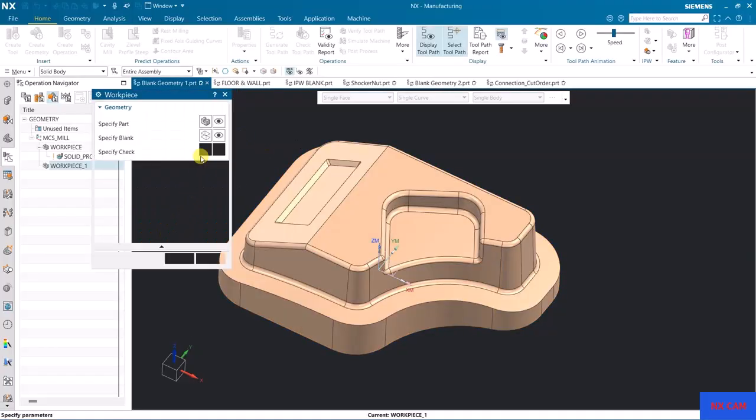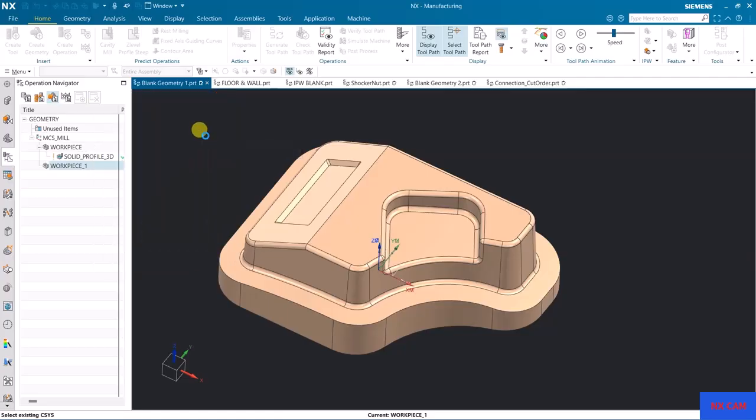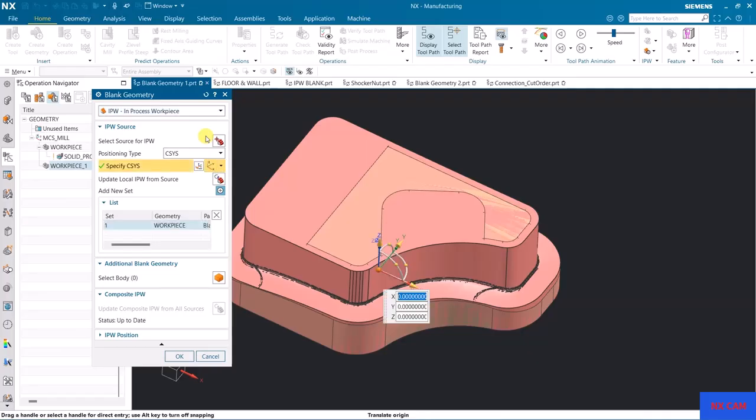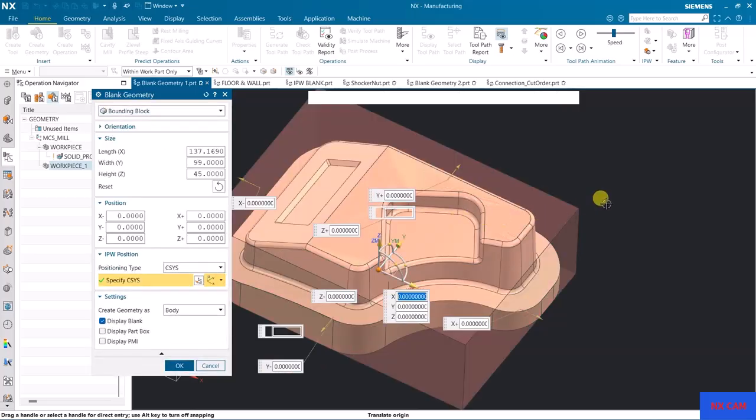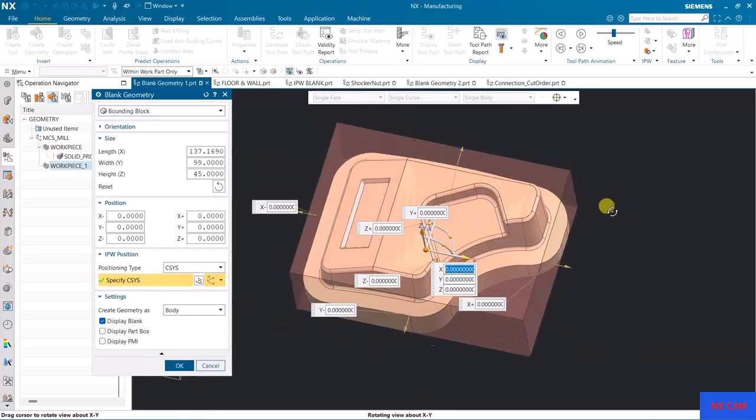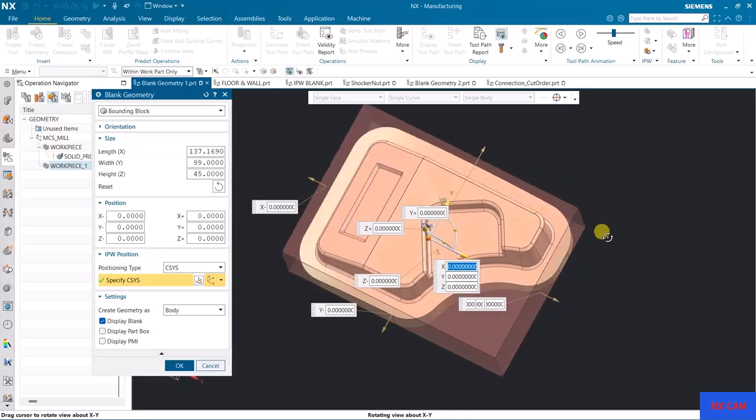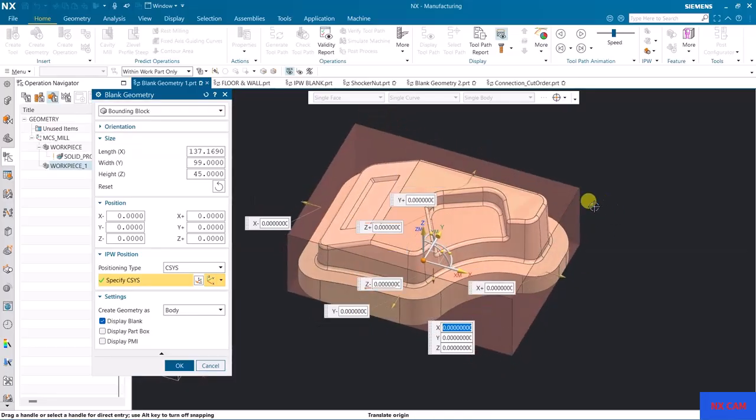For the blank, I am going to use a bounding block. So click here and use this bounding block. The bounding block will come and cover the geometry completely.